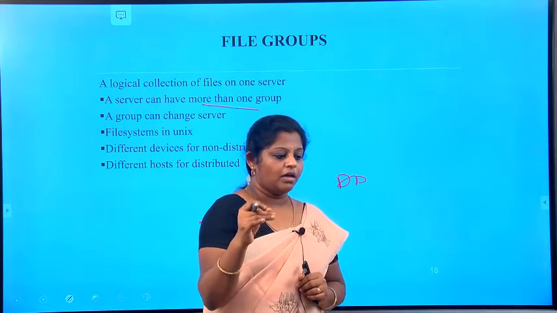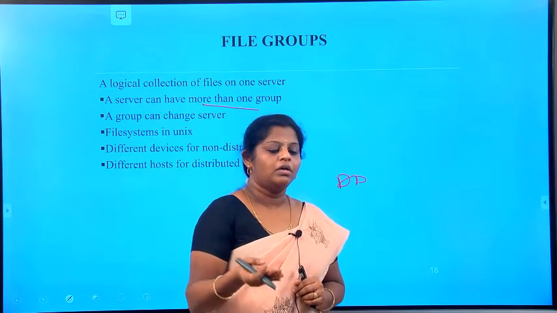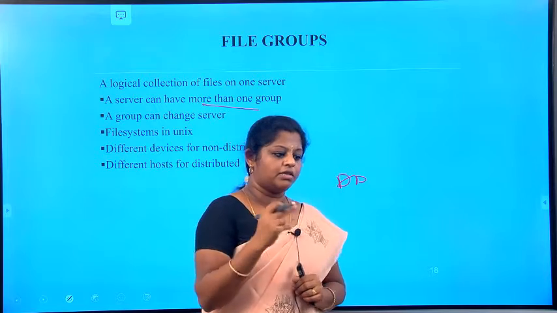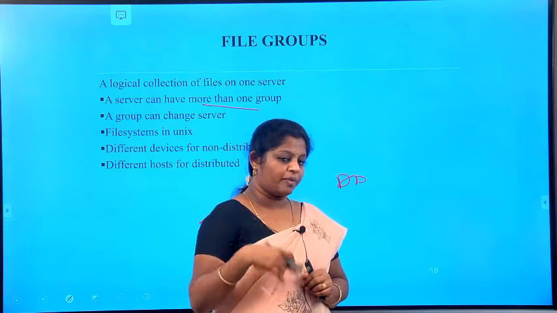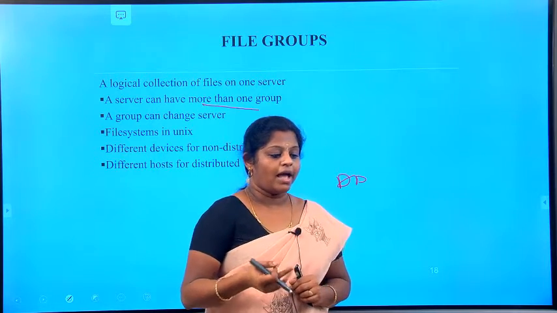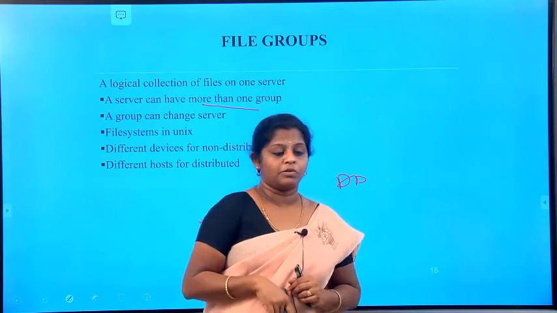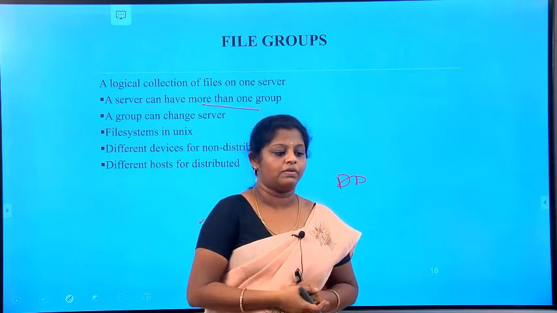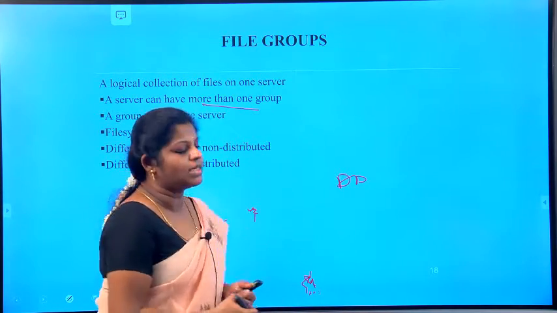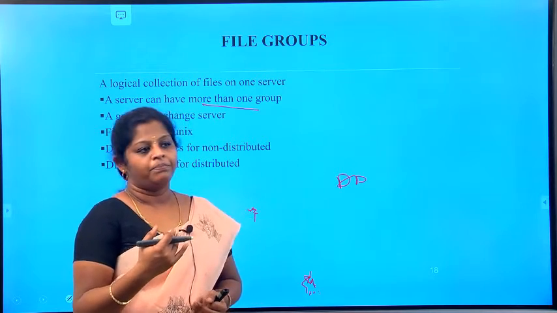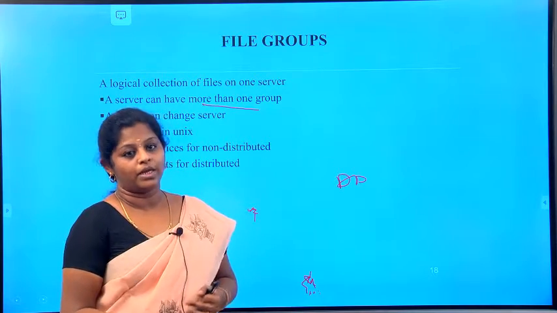Simply, the distributed file system supports the file group because the representation of the UFID always includes a file group identifier. Instead of giving the file identifier, it enables the file group identifier. For that, a client module is enabled in each client computer to take responsibility for dispatching the request to the server that holds the relevant file group. If you are searching for a single file, that is very difficult. If you are searching in a group, the time taken is much less.